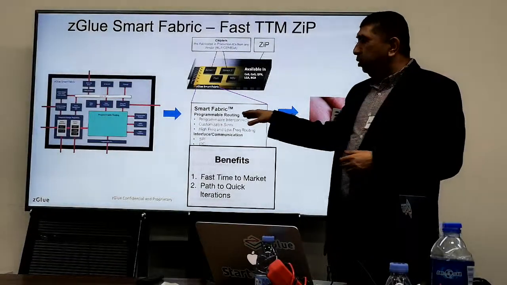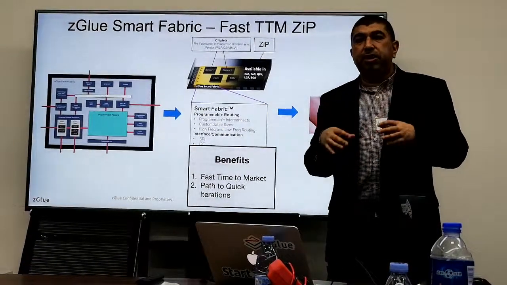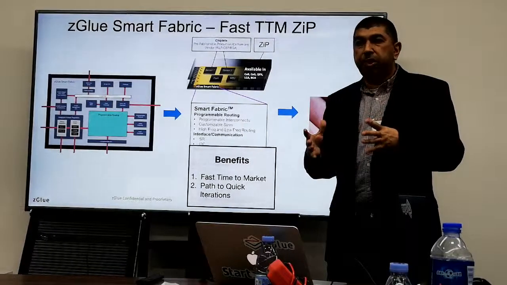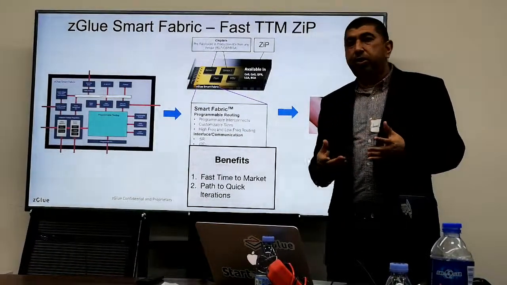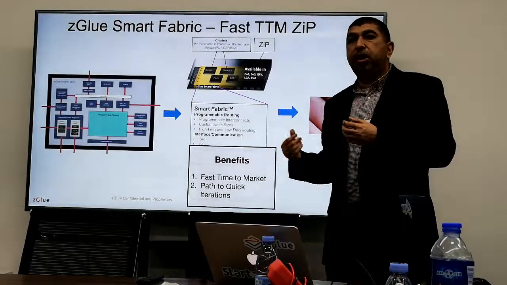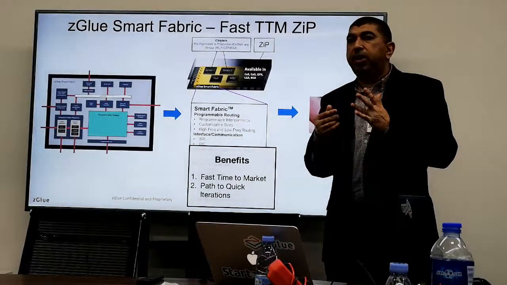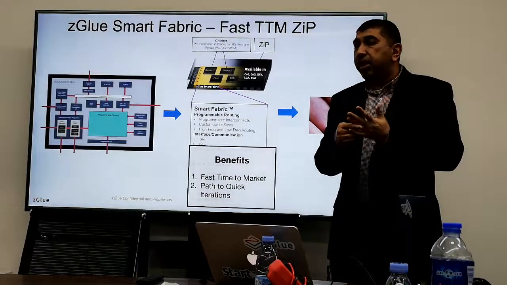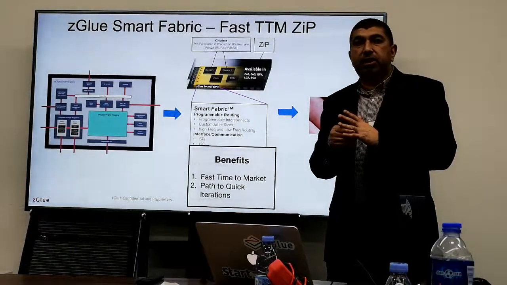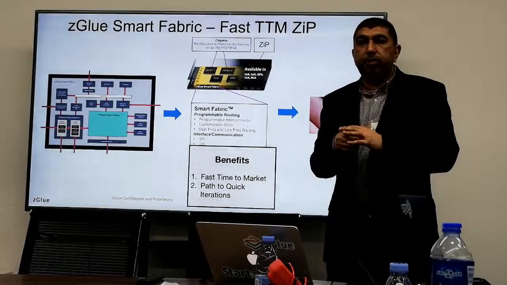So at this stage, you really are interested in time to market. With this methodology, you will get your 10 units in your hand. If you go on our shuttle program, you will get those in hand within a month. You can ask us for another 1,000, 10,000 units, we can build those. But let's say